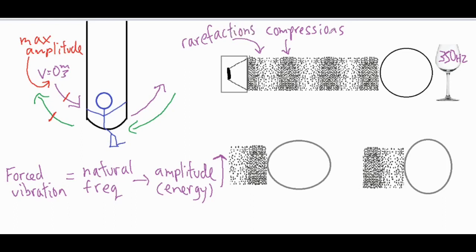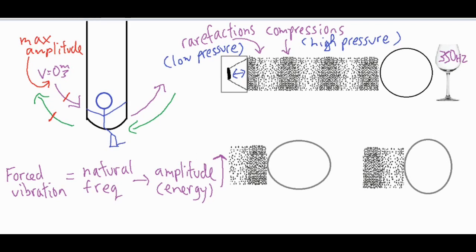The compressions are high pressure, and the rarefactions are low pressure. So if the speaker is creating a sound wave, that means it's vibrating back and forth, kind of like this. It's going to the right and to the left, to the right, to the left. And when it pushes to the right, it compresses the air molecules. When it goes back to the left, it allows them to spread out, and you have several high and low